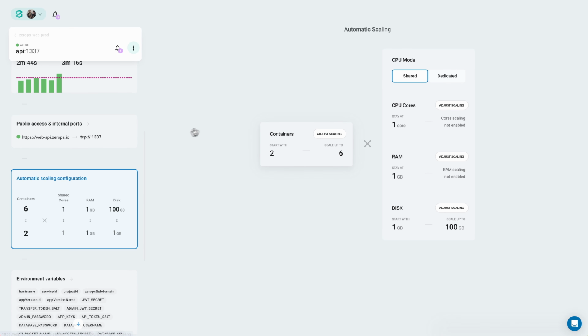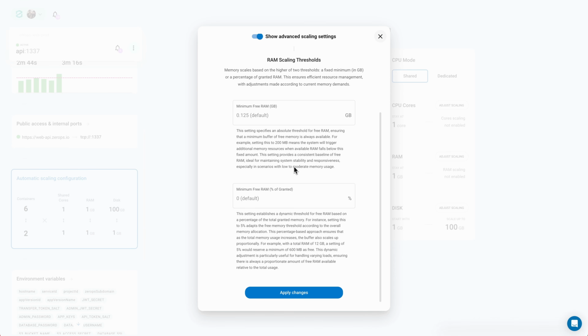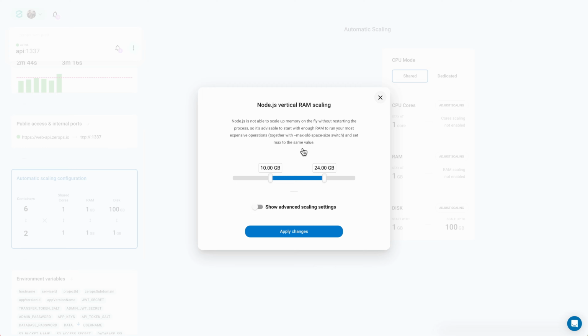This is all made possible by the project's core and routing services. What we are especially proud of is our custom auto-scaling with fine-grained configuration of resources. ZeroOps can scale both horizontally by adding and removing containers and vertically by adding and removing resources in steps as small as 1 CPU core and 250 megabytes of RAM. Node.js here, in particular, is not able to dynamically utilize more RAM while the process is running, but for runtimes like Go, you can configure any range and utilize advanced settings for scaling triggers.